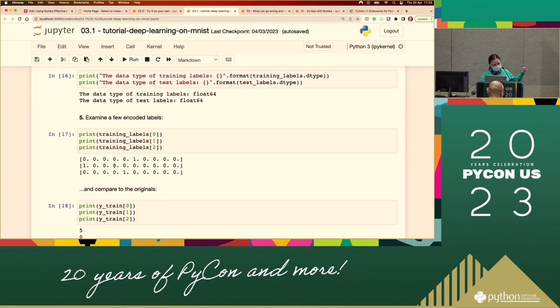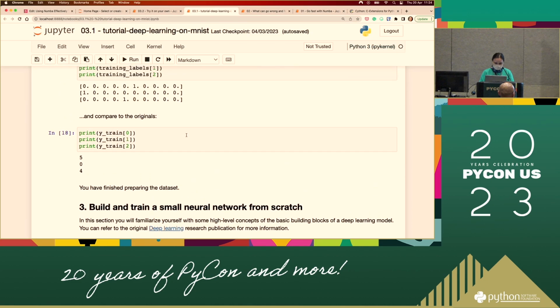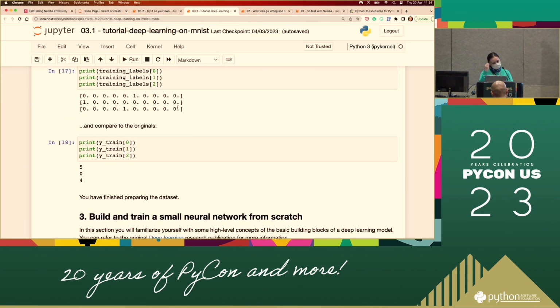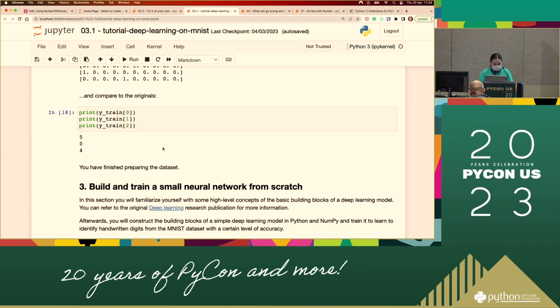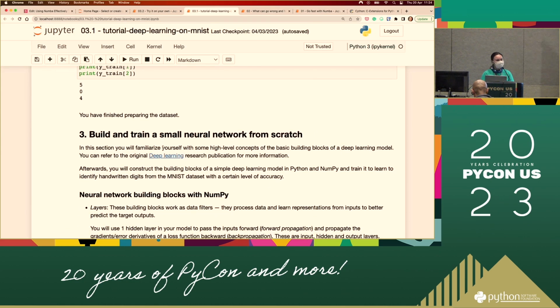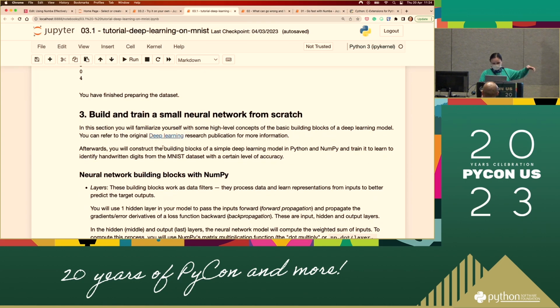You can see 0 and 1 in all of them because they're one-hot encoded. But because the data type needs to match again, they become floats for some reason. You can see there's a dot there, which means they're floating point numbers. So this is the basics of what happened.